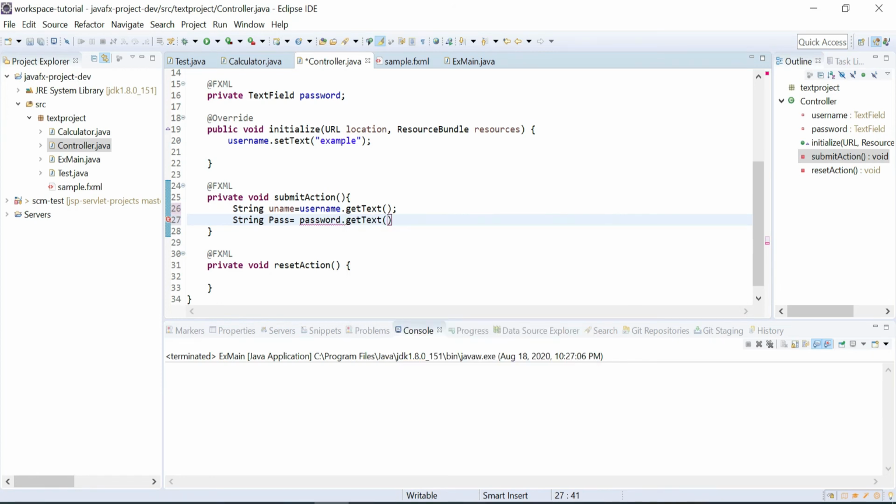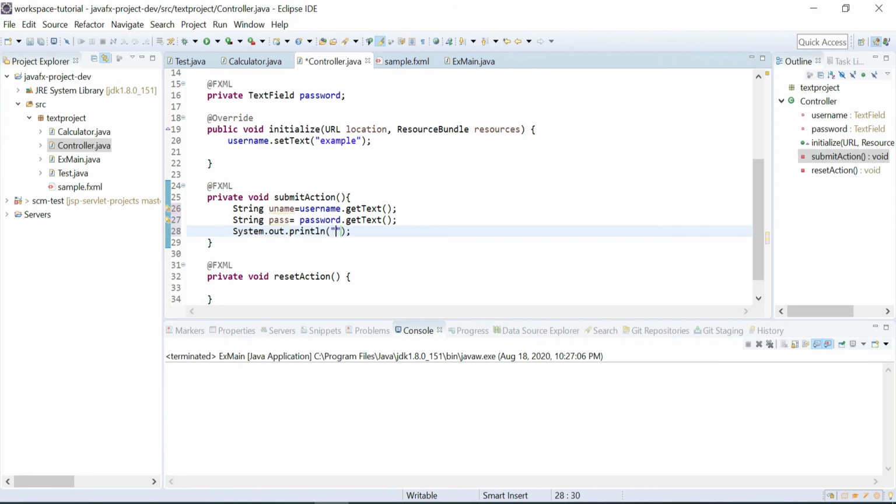From the input fields in the UI. I will show you how we are reading from the UI.